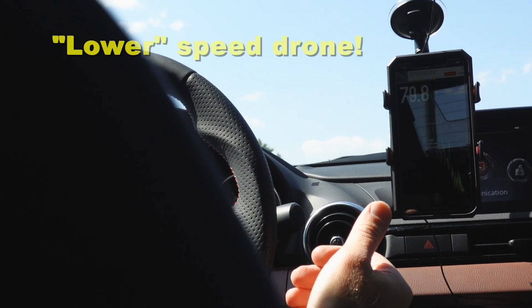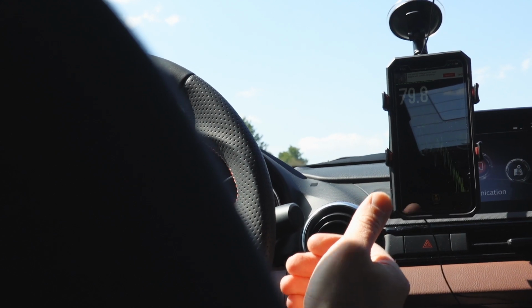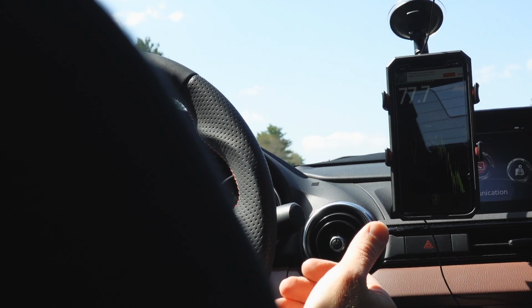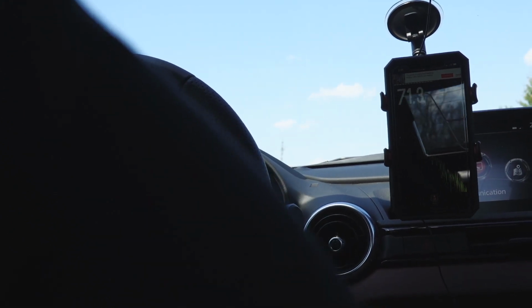You can hear that drone. Now I can get out of it by giving it gas up in the RPMs or laying off of it. Now that's shifting into 6. It does tone it down, but